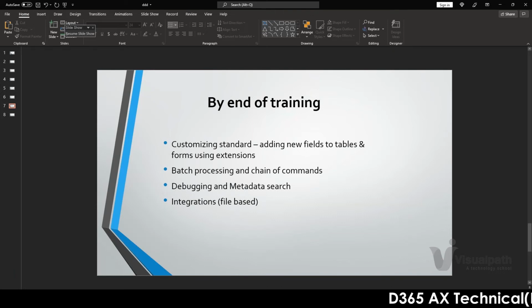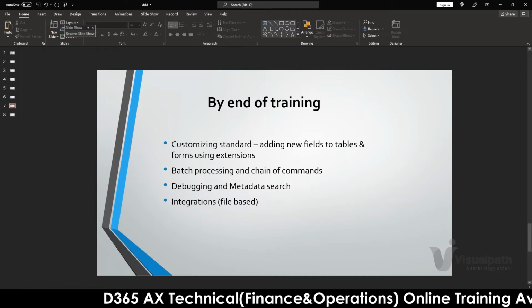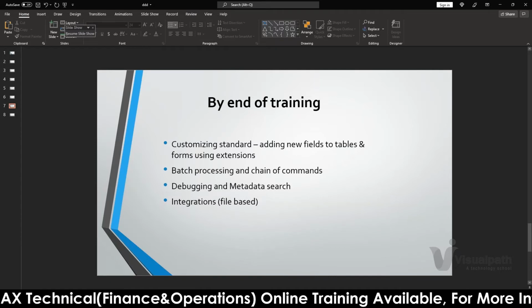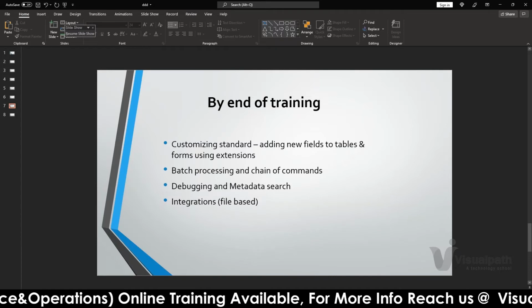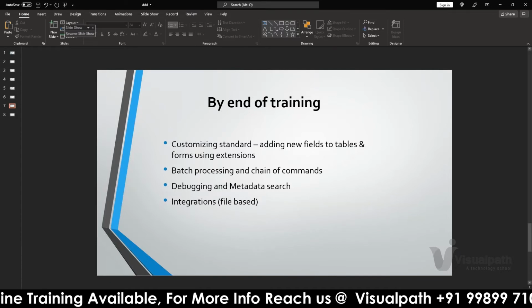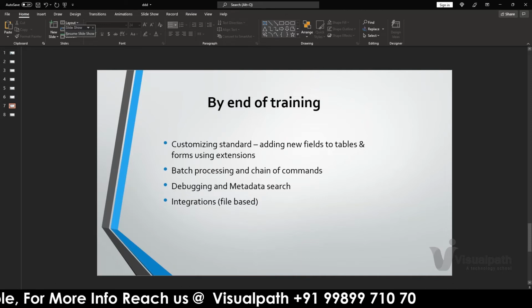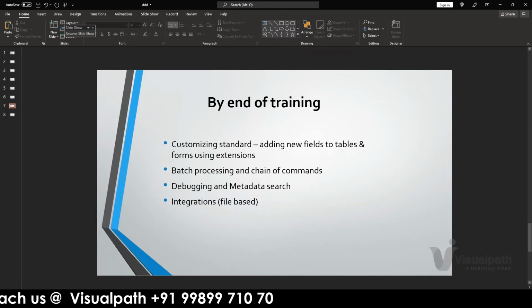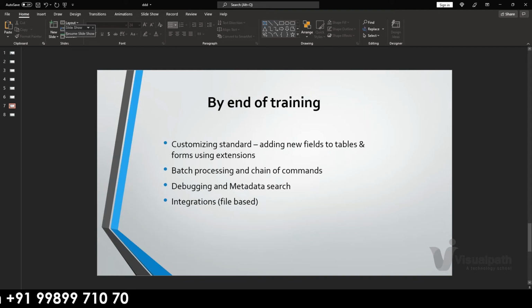And again, using the SysOperation framework classes, we can get hands-on with batch processing. Chain of command will again be an extension concept that you will be well familiarized with by the end of the training.